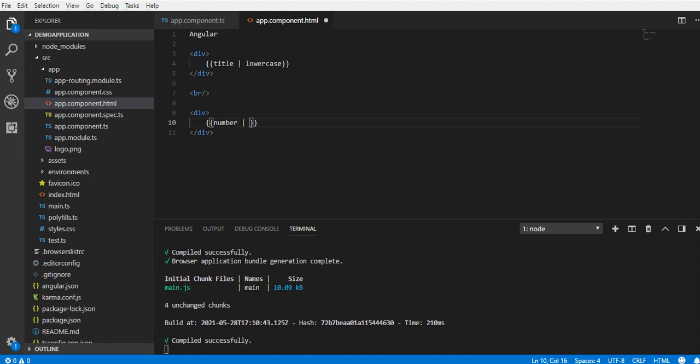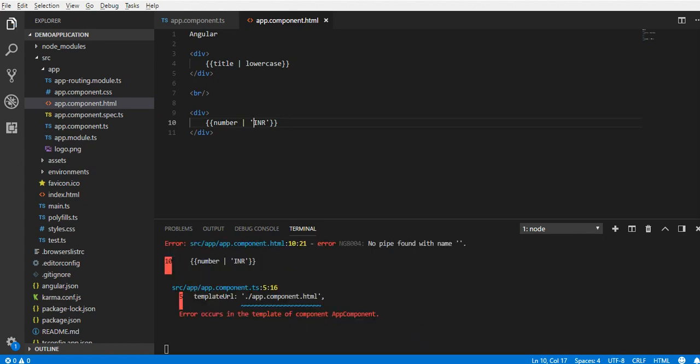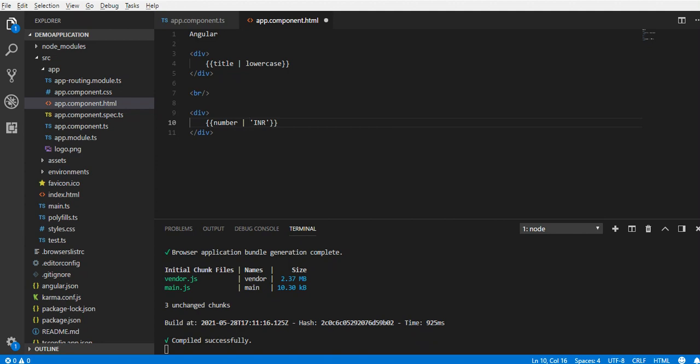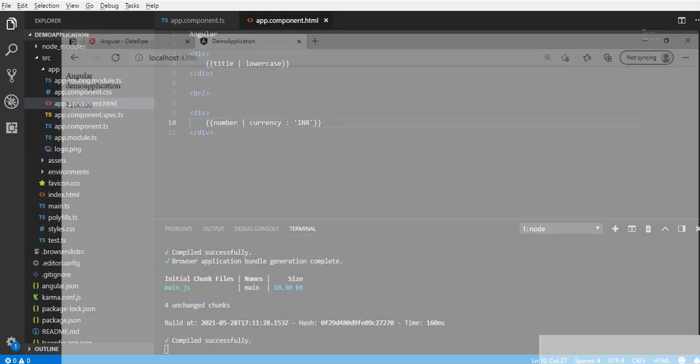Let's use the pipe and type INR and save it. Okay, one second, we need to add the currency as well. We have to write currency and then put the colon and save it. Go to the browser, see the rupees symbol is added, which is the symbol of the Indian currency.